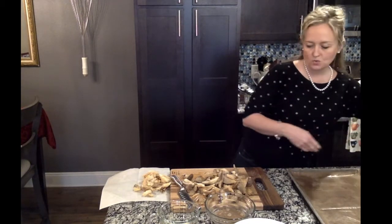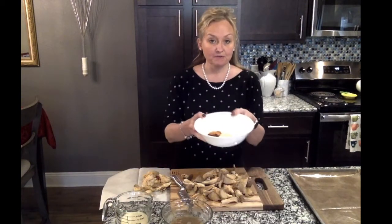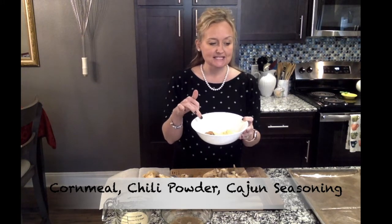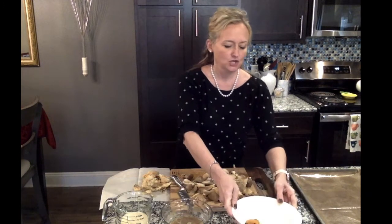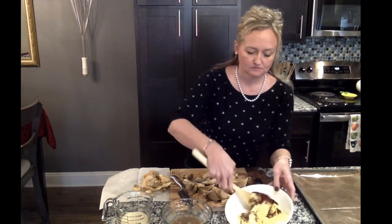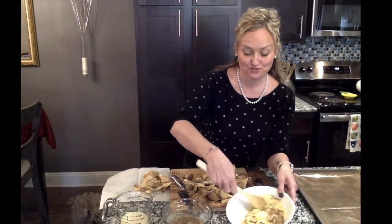And now you're going to take a cup of cornmeal, just good old cornmeal. This is 2 tablespoons of chili powder, and this is a half a teaspoon of some more Cajun seasoning. And you're just gonna mix that up. This is gonna be your breading, your crust on your deep fried fish,